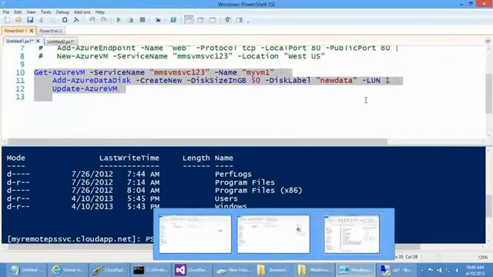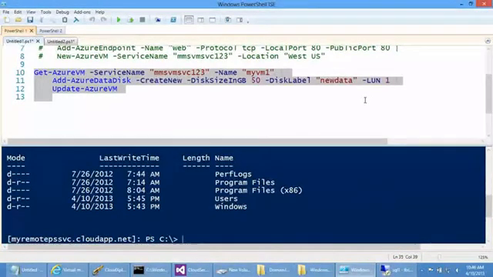Question? So the question was, do we need to change the firewall rule for this access? And the answer is no. Whenever you enable a remote PowerShell from PowerShell, this is actually baked into the provisioning process of the virtual machine, and we take care of the certificate generation and configuring the firewall rules for you. You can go in there and tweak it if you'd like, but